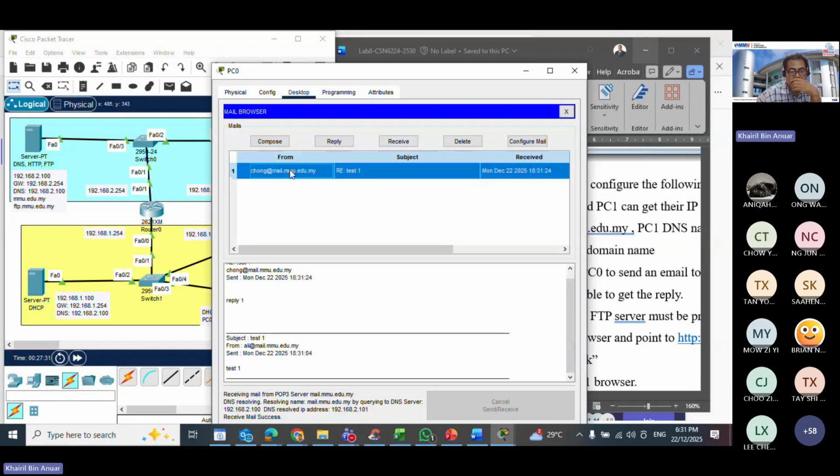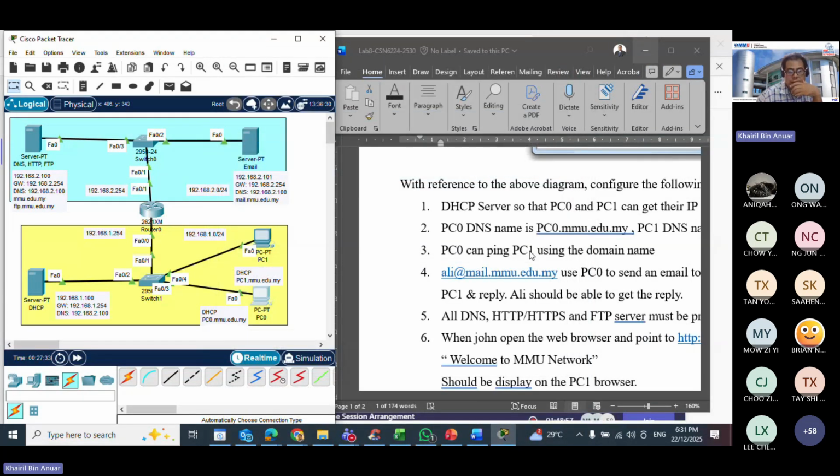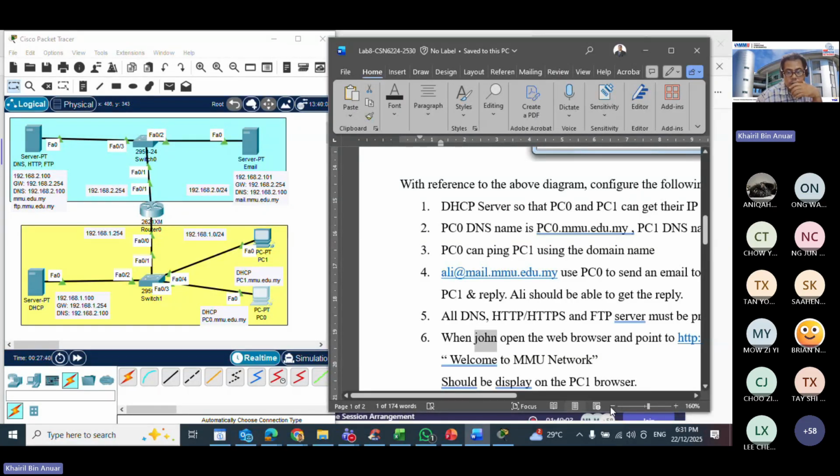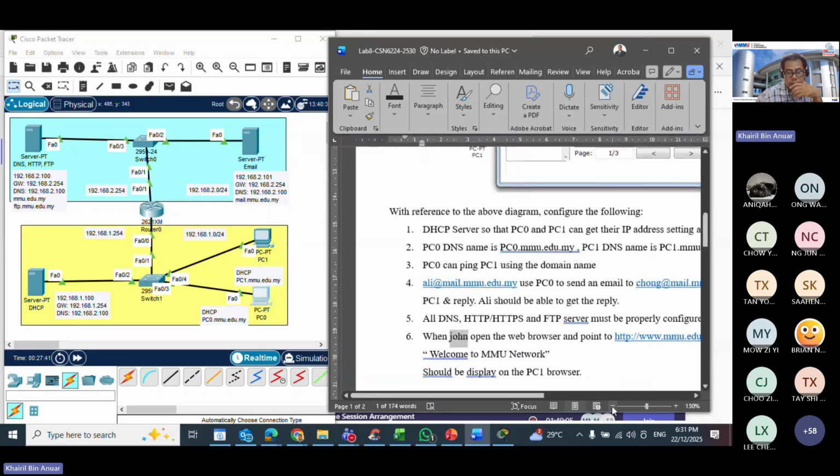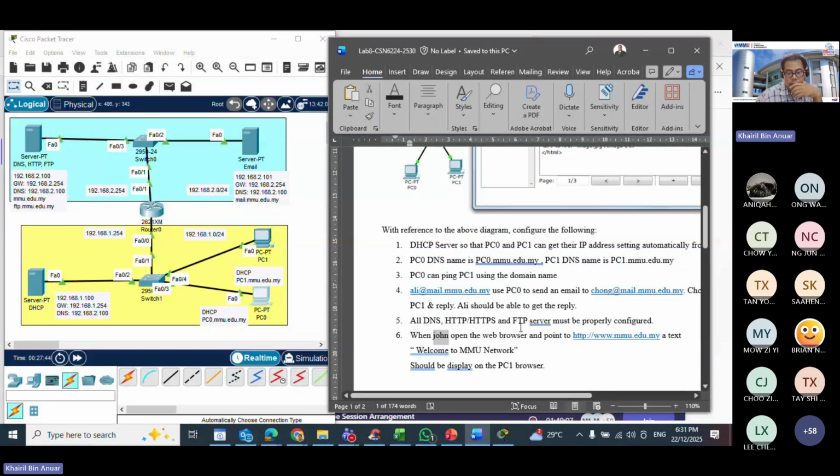Okay, so you receive email for Ali. So it means that the email has been configured properly. Okay, so now item 4 is done. DNS is already working because we use the mail and also the PC1, PC0 just now. DNS is working.